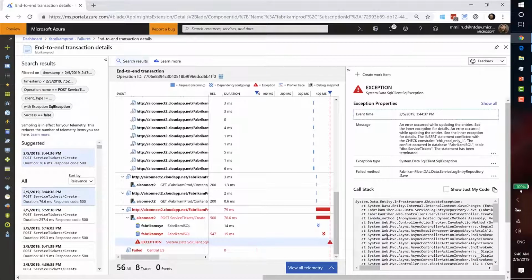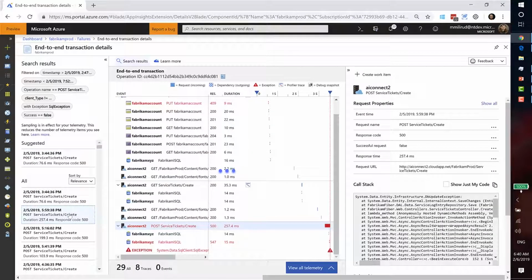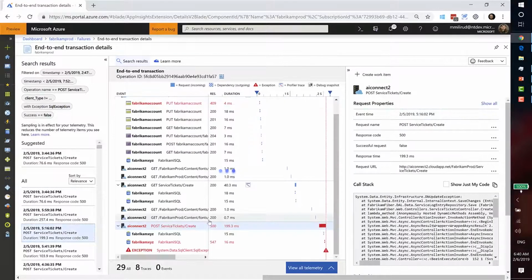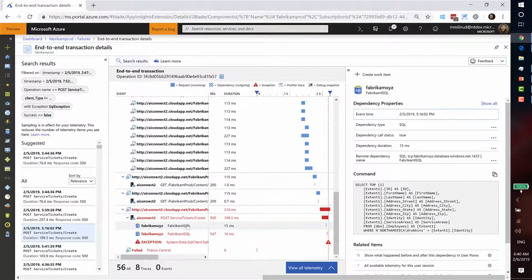stack for it, right? Right here, you can go and just file a work item, reassign this for someone to follow up. You can also go and take a look at other failures that also share the same type and see if they are of similar nature, and they seem to be. And every single time it seems to be the same case, right? So let's go back,